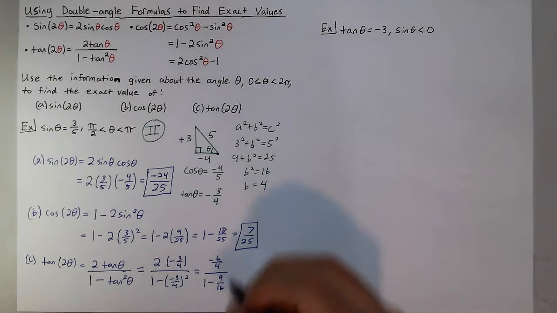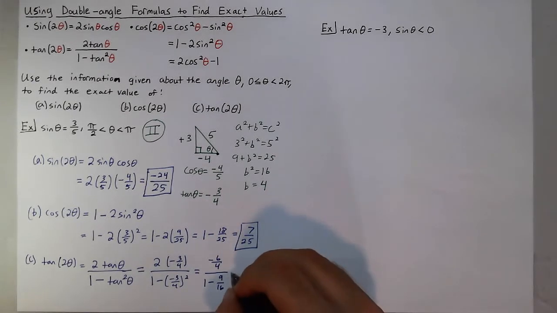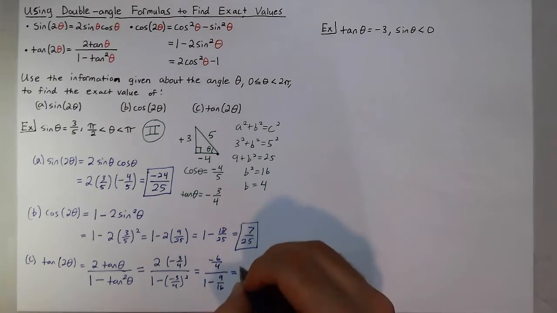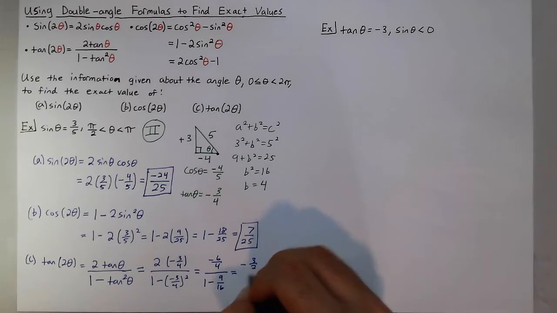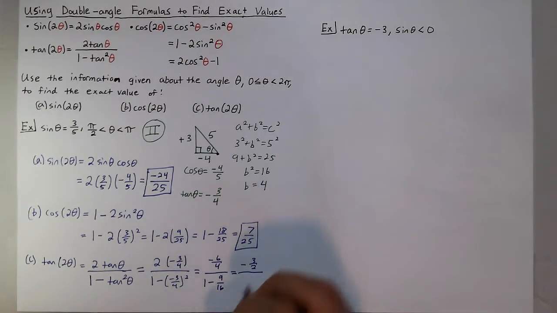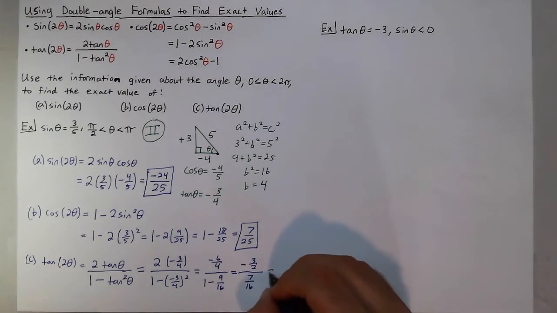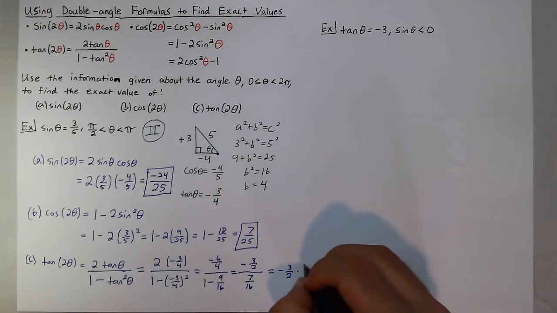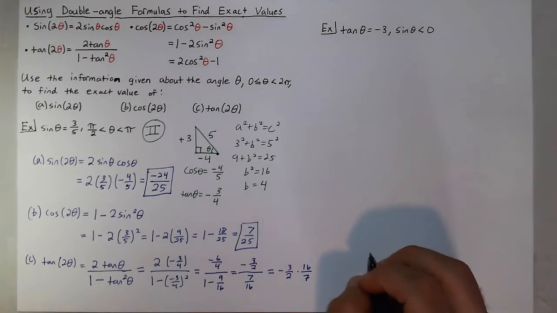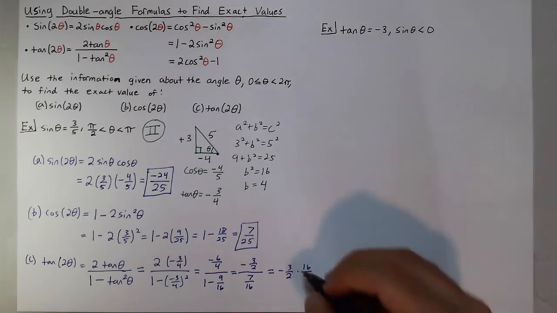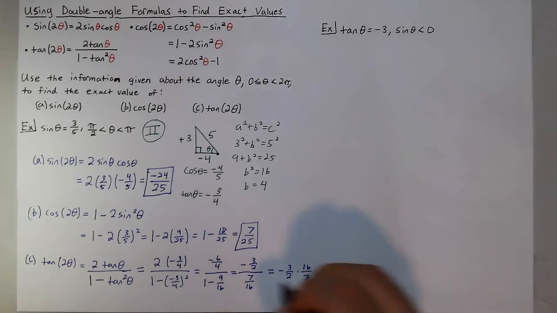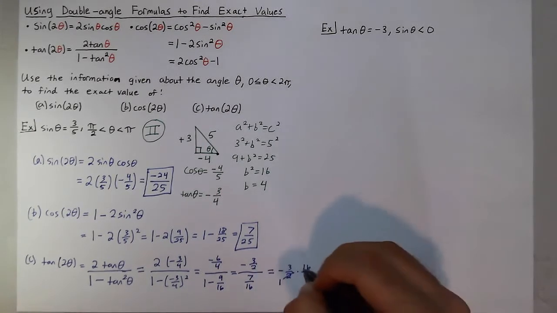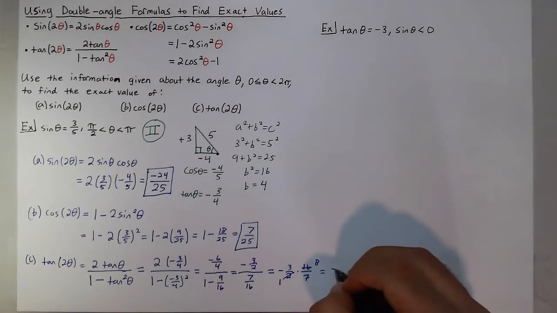So what I can do here, I need to simplify this expression. Negative 6/4 is negative 3/2. In my denominator, 1 minus 9/16 is 7/16. And now I'll have negative 3/2 divided by 7/16, which is the same thing as multiplying by 16/7. And then I can do 16 divided by 2. There's a 1 down here, but an 8 up here, giving me negative